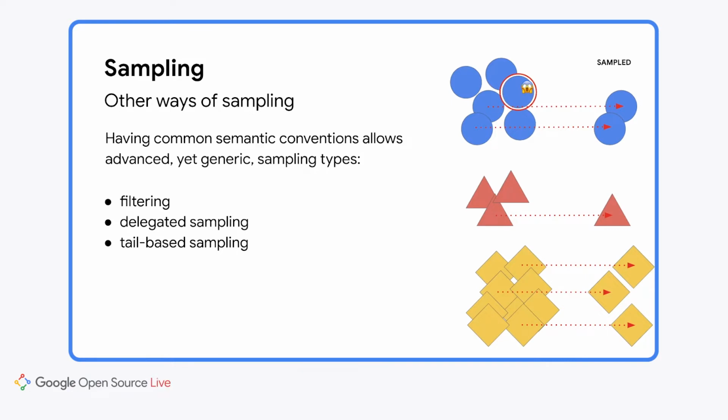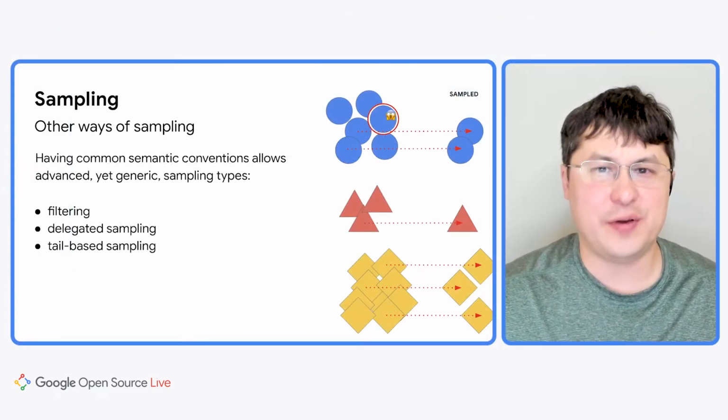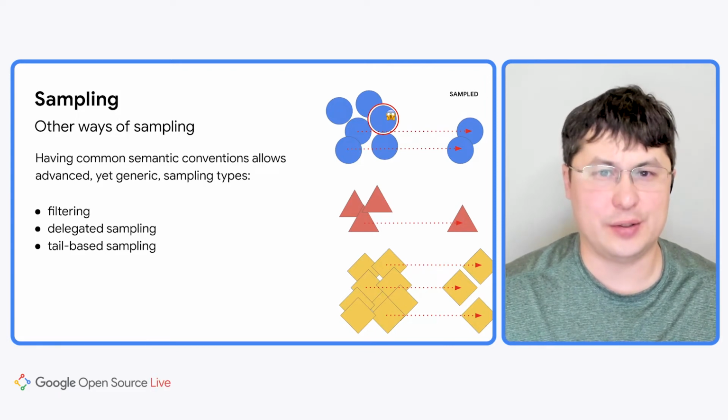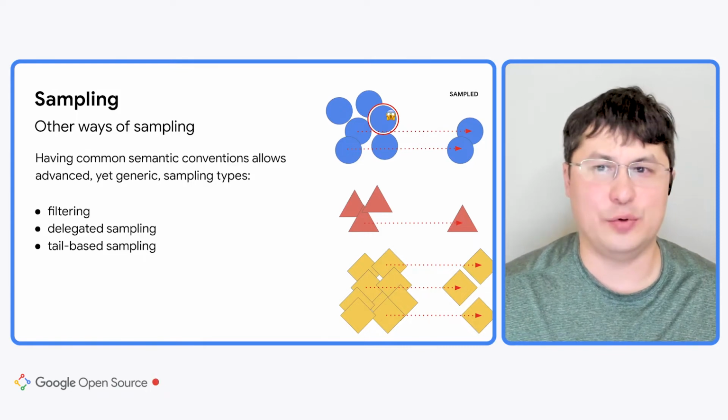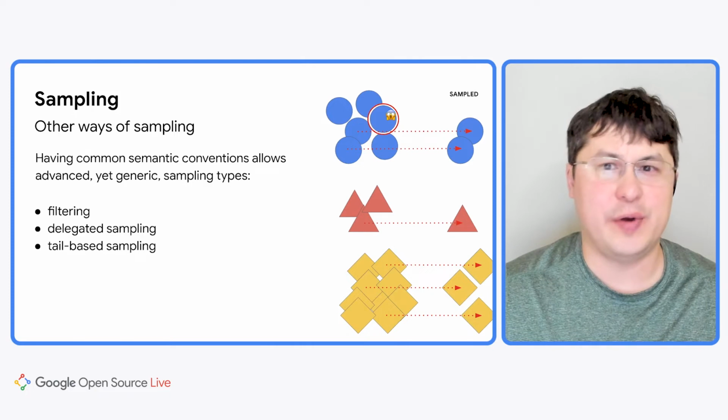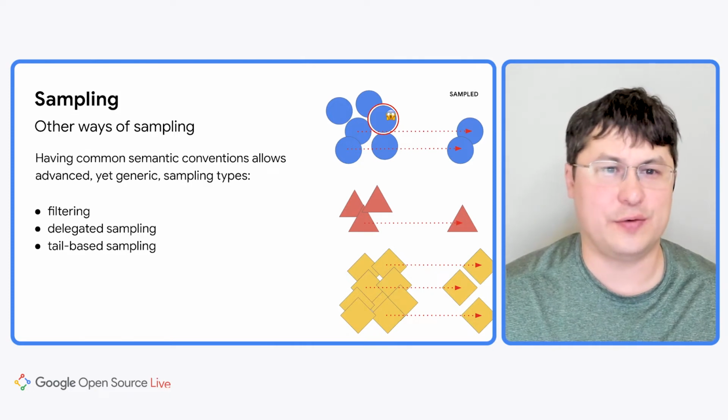This tail-based sampling as a generic solution across any application is only possible because OpenTelemetry standardizes the attributes we collect. So the screaming face is not some custom attribute that you need to search for. It's some generic information about error or some attribute that is defined the same way across languages and across frameworks.